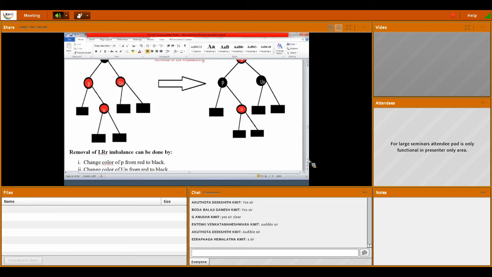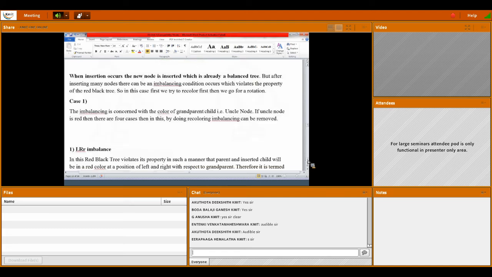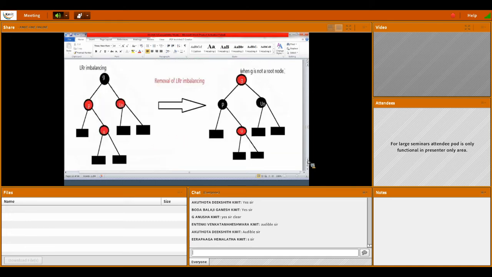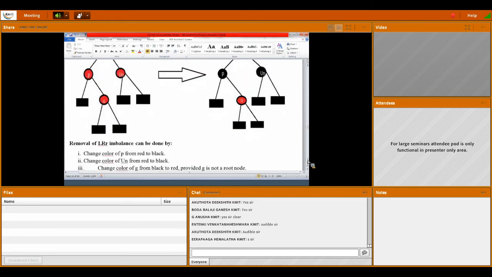And the next step is change the color of the uncle node from red to black.